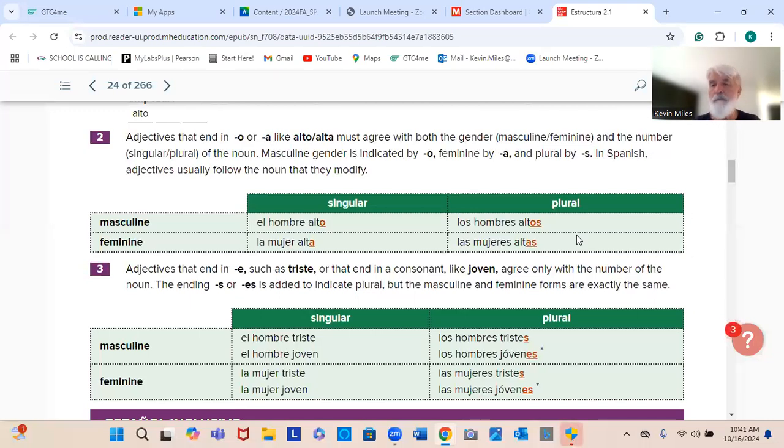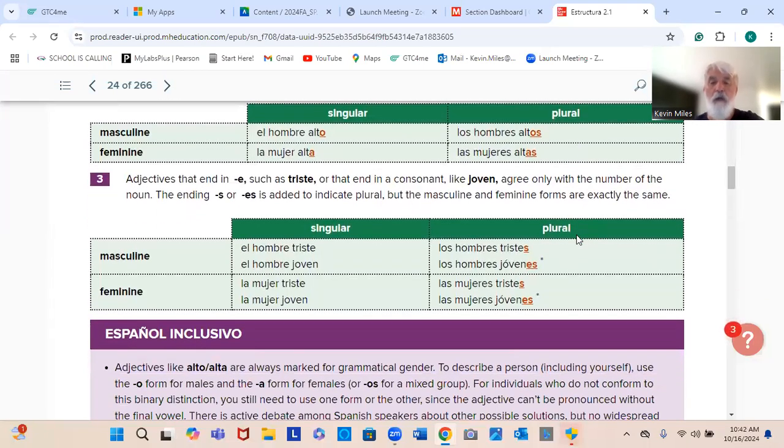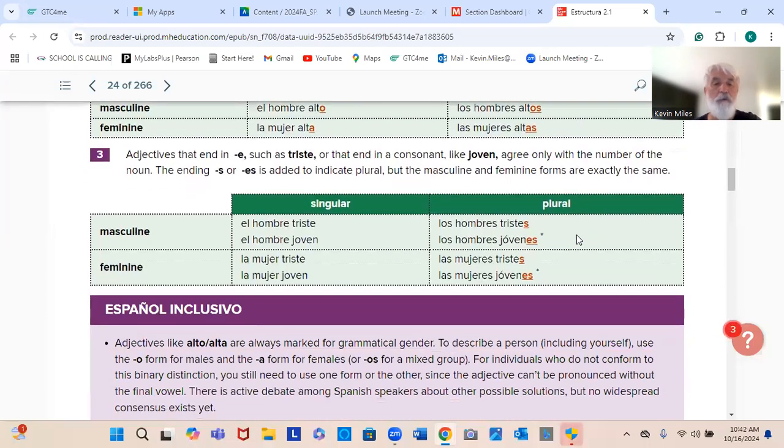Look at our colors. They're adjectives. We just learned that. So if we want to say the red pen, we could say la pluma roja. If we want to say the red pens, it's las plumas rojas. But what if it's a book? It would be libro rojo with an O ending, and the plural would be los libros rojos. So make sure you're paying attention to the gender and number of the thing you're referring to.